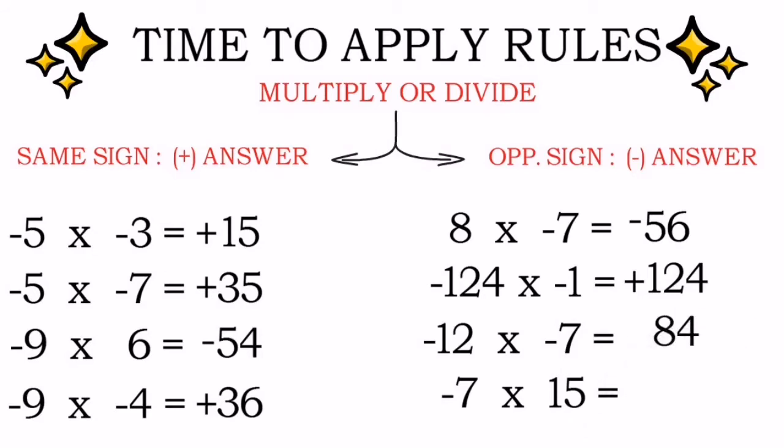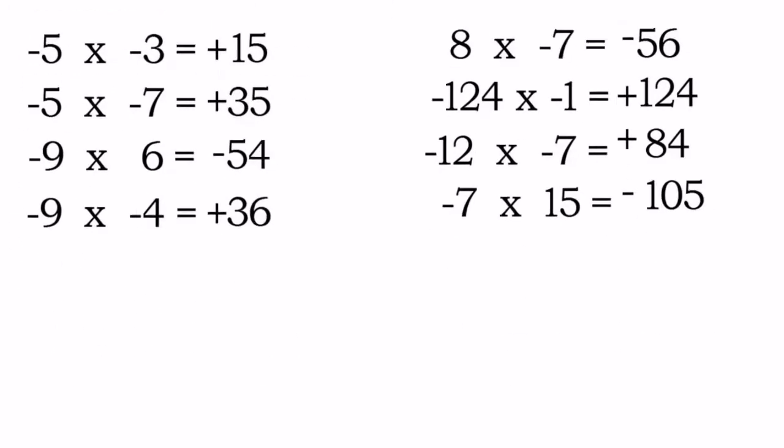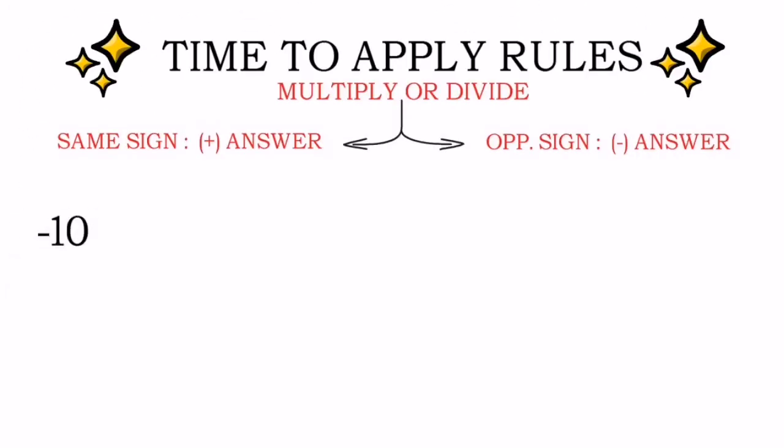Next one, 12 7s are 84, and that makes it positive 84 because both the numbers 12 and 7 are given the same sign. Now the last one, 15 7s are 105, and the opposite sign is there, so a negative sign should be given to the answer. I hope you are doing very nicely because you have understood the rules, I guess, correct? Now let's try to apply these rules for division.